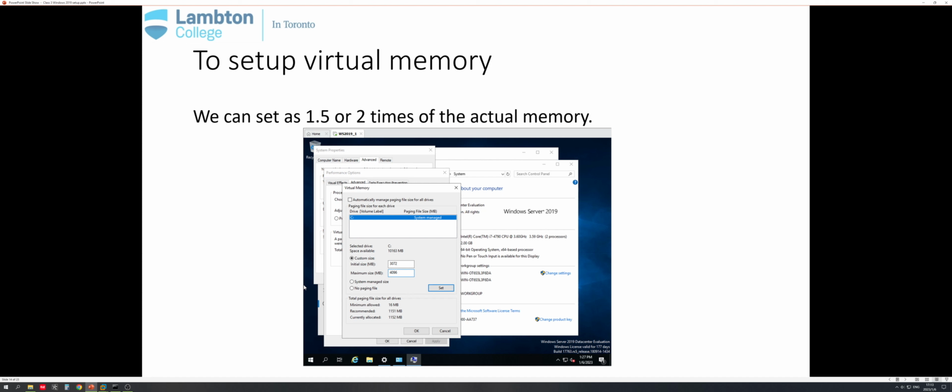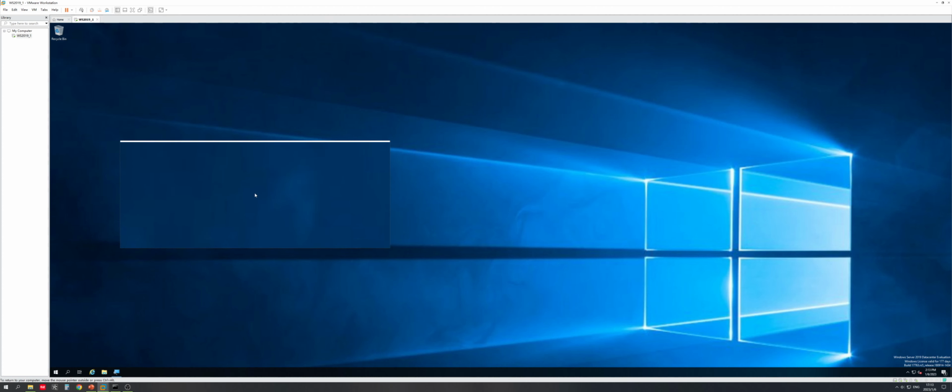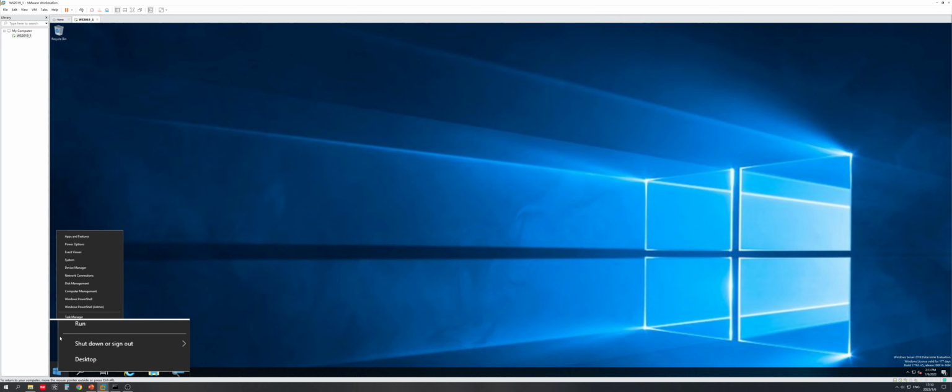Okay, so based on Microsoft, they recommend we set 1.5 times to 2 times of the actual memory as our virtual memory. How to set it? Let me show you. My virtual machine for this machine number 1, I give it 2 giga memory with 20 GB hard disk. So we go system,